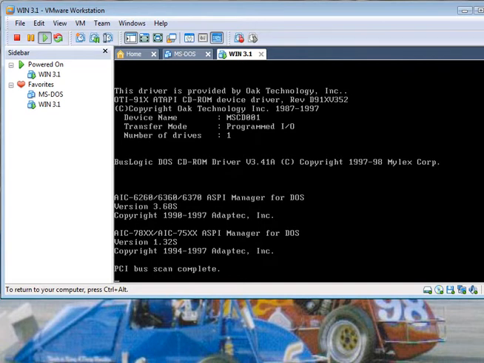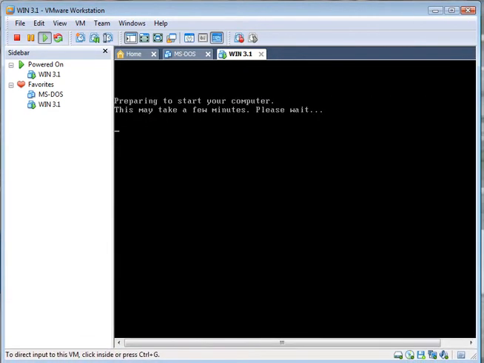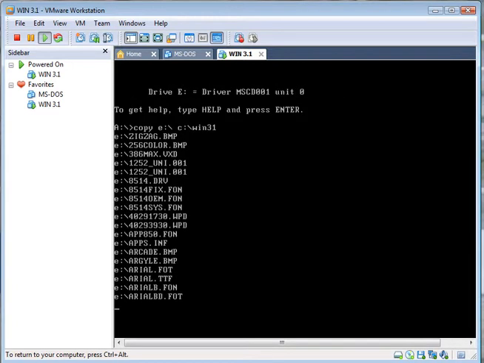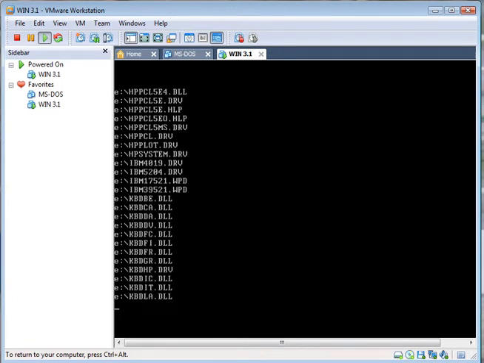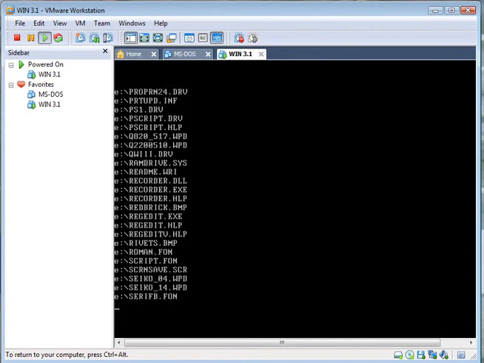Now it's got to do a few things. Okay, now we're at the A prompt. Here we have to type in copy E:\ C:\ win31. Then when this is done installing all of this, we're going to go in and remove